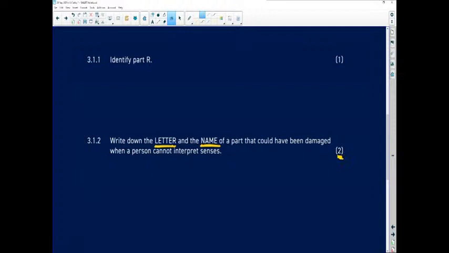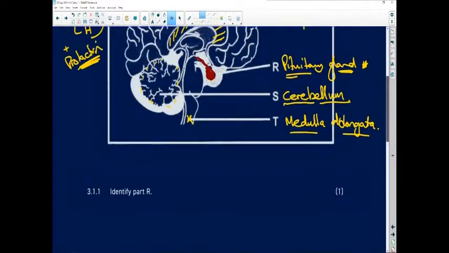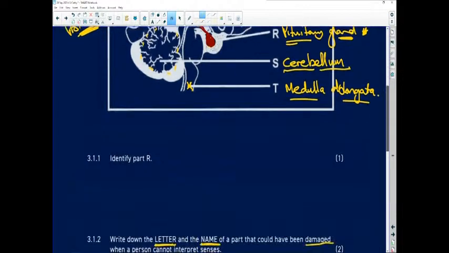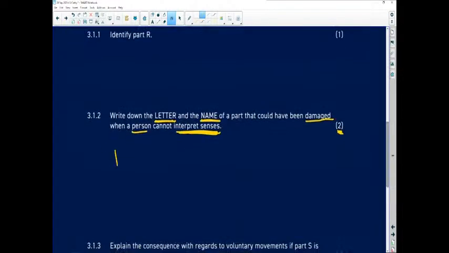So the part that could be damaged could have been damaged when a person cannot interpret senses. So we went through the functions. Which one of these has to do with your senses or the perception of your senses? It is the cerebrum. So it would be P cerebrum. So I'm going to write that out actually. P cerebrum. And actually while we're here we can do